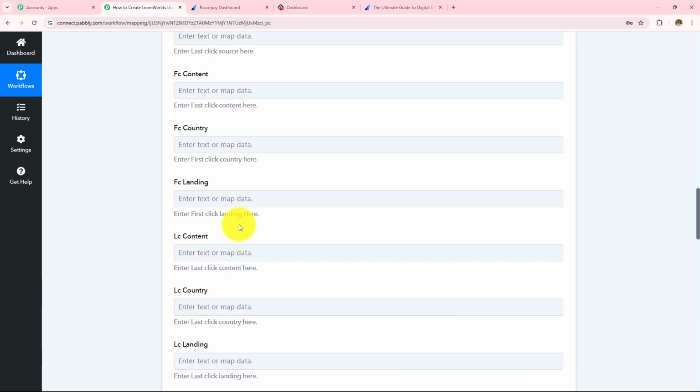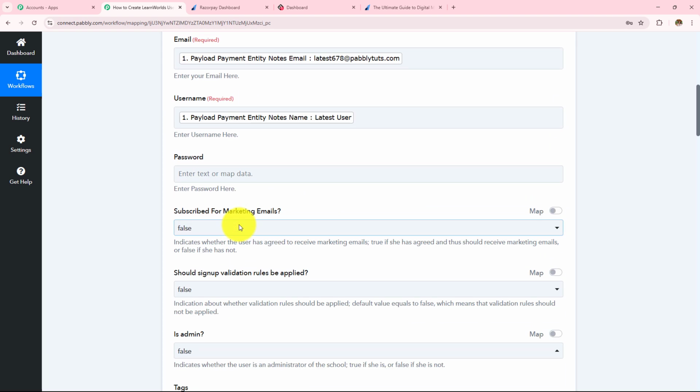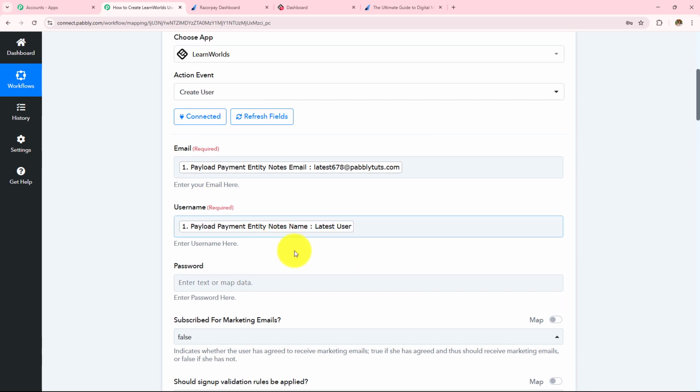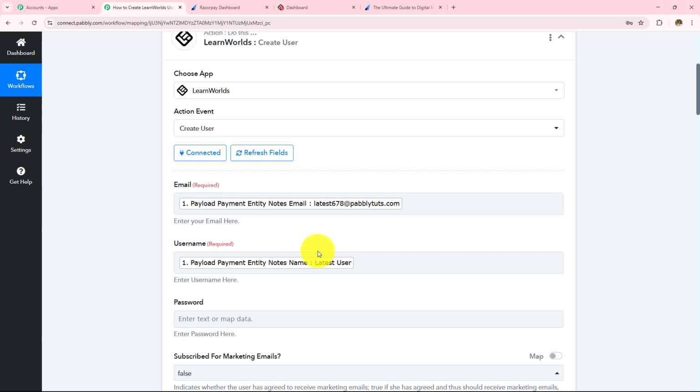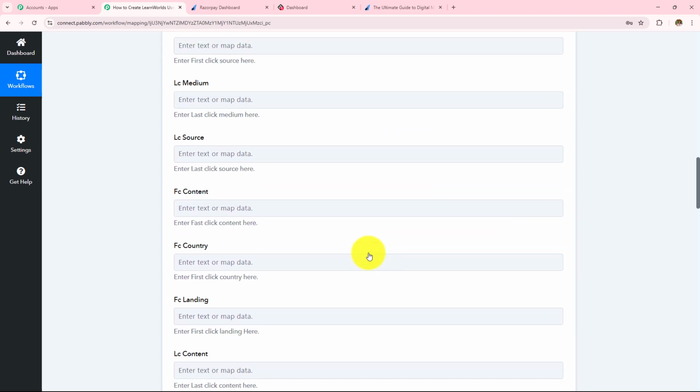Now over here, mapping is important so that every time you receive a new response, it is taken into consideration in these fields. Manually entering the data will make these fields static and the information will not change even if you have received a new response. Over here, if I manually enter any detail, this field will become static, and every time I receive a new response, the result will not change. So as to keep these fields dynamic, we use this process, mapping, instead of manually entering the details.